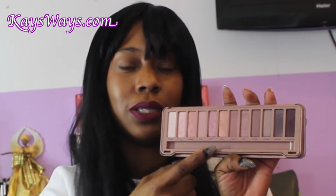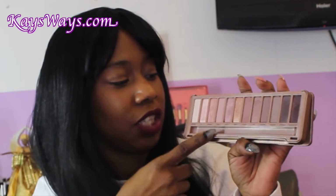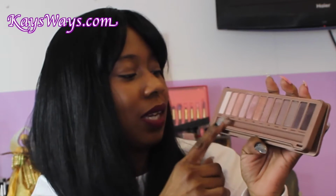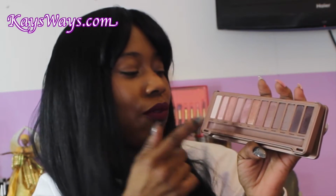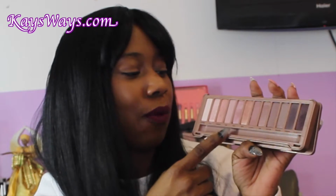So I used to use Buzz a lot more for the inner tear duct corner. I love the shade Limit for my crease. No, I'm talking about Dust. Dust was actually the color that I would use for my inner tear duct corner. That was the one that was crumbly. Buzz I really liked a lot. I used to use it a lot for my